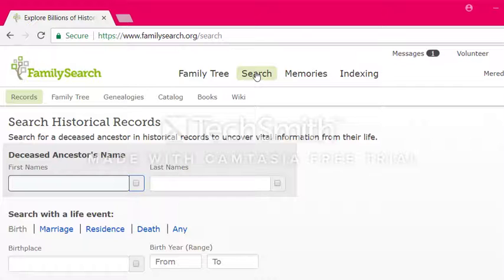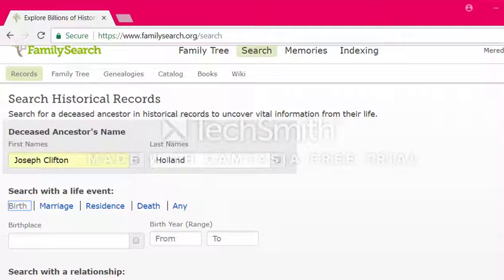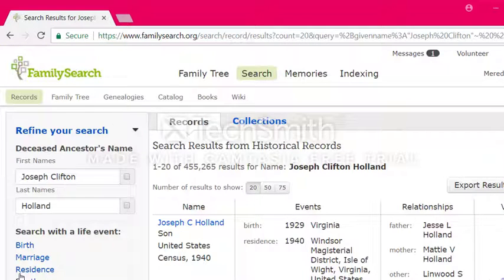So let's look for good old Joseph Clifton again. And this time I'm not going to put in a ton of information because I want to show you how to start broad and go narrow with your research. So I'm about to show you why it's really important to either A, give as much information as possible about the person that you're searching for, or B, to learn how to narrow your search results. So when I typed in Joseph Clifton Holland,